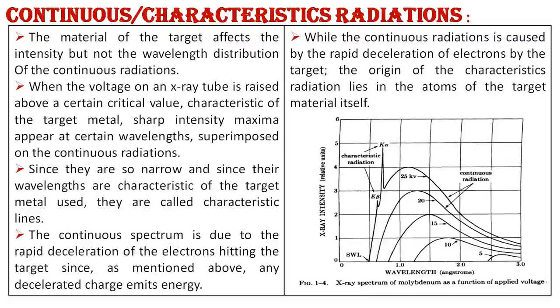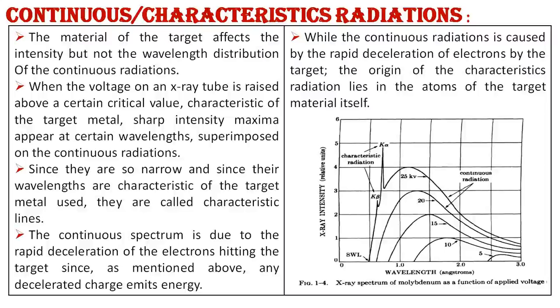Next one is the continuous and characteristic radiation of X-ray. The material of the target affects the intensity but not the wavelength distribution of continuous radiation. When the voltage on an X-ray tube is raised above a certain critical value, characteristic of the target metal, sharp intensity maxima appear at certain wavelengths superimposed on the continuous radiation. Since they are so narrow, and since these wavelengths are characteristic of the target metal used, they are called